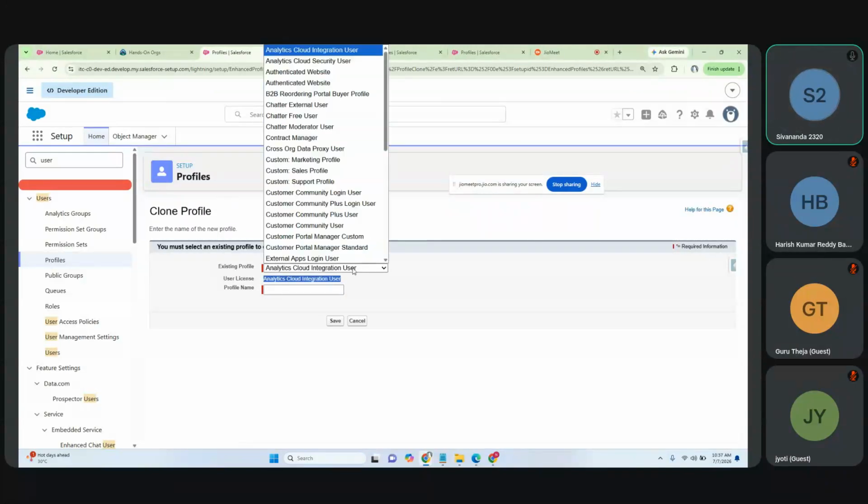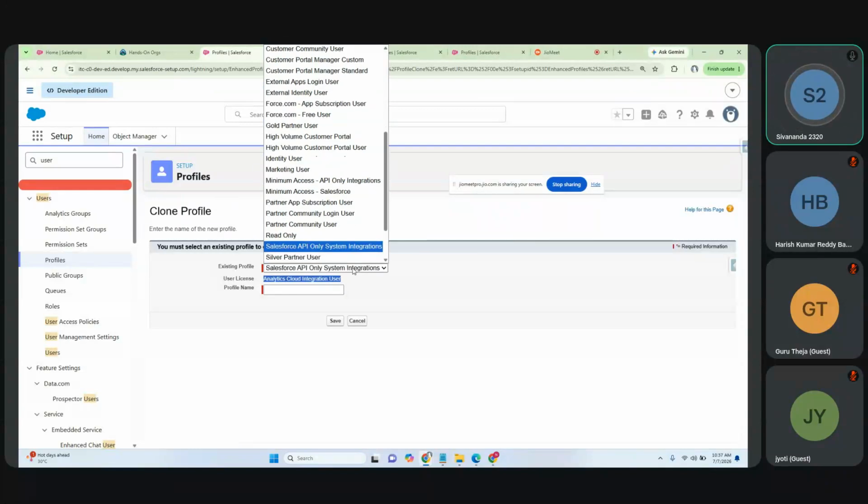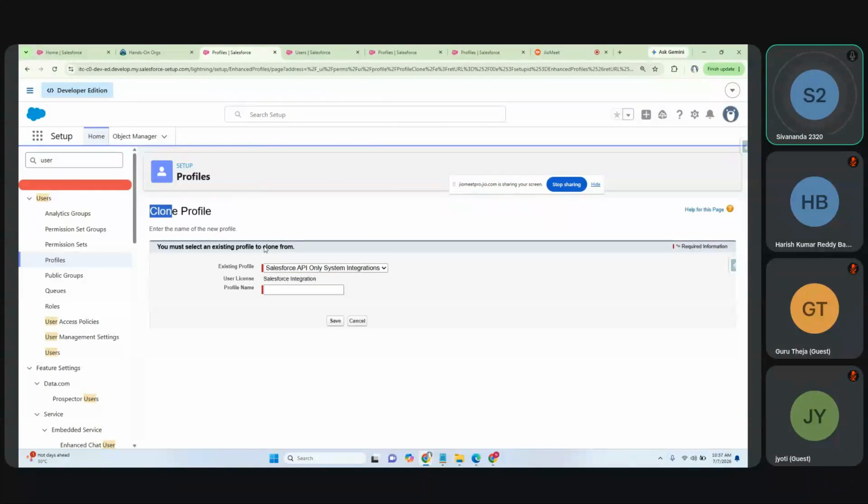Now, when you want to create a new profile, it will not directly ask you to give the name. It will ask you to give the reference of an existing profile, so that it will copy everything. Cloning is nothing but copying. So whichever profile you select, and if I give a new profile name, for example, all marketing admins, this is the new custom profile I am going to create, cloning it from